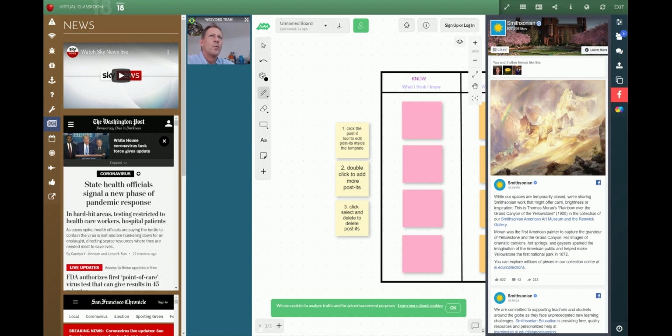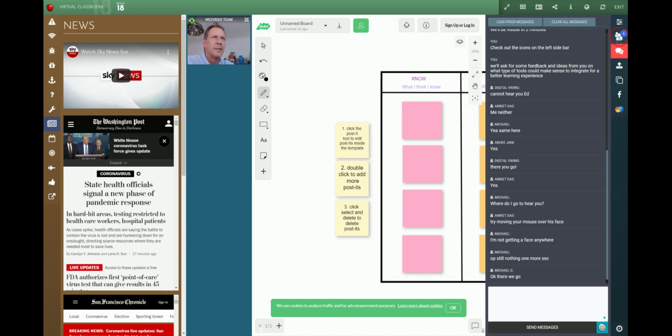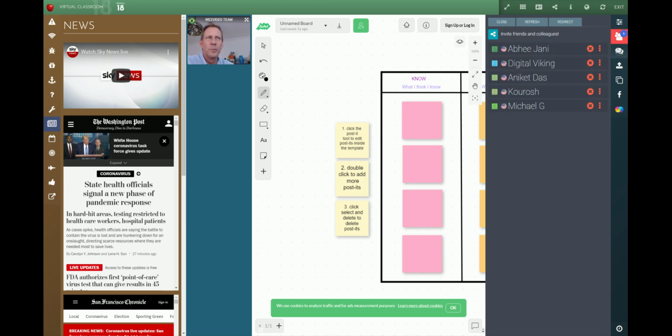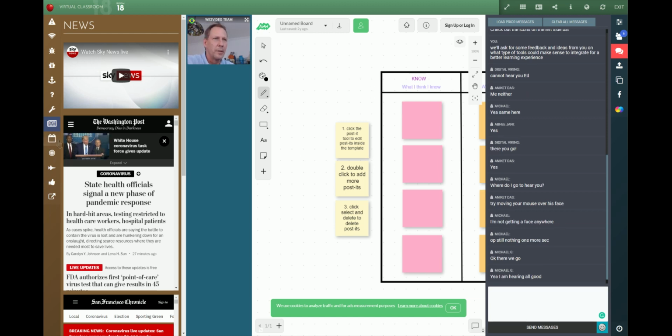Give me one moment. I just got a notice here that there's somebody else trying to come in. Give me one second. Let's see. I still see that we have 6 people in the room. Can everybody give me a thumbs up through the chat that you're hearing me? I got a funny message, which has been, yeah, I'm here.